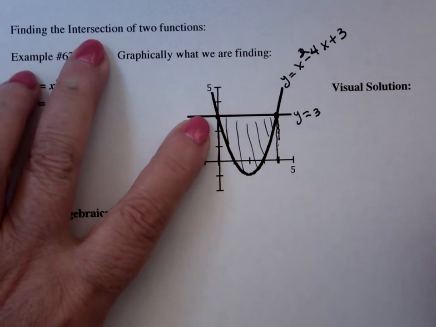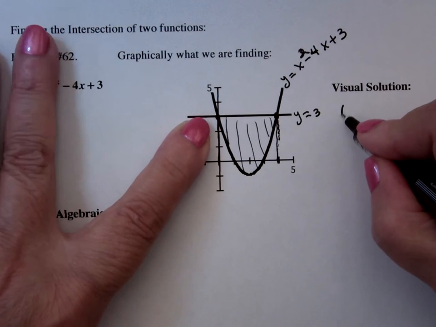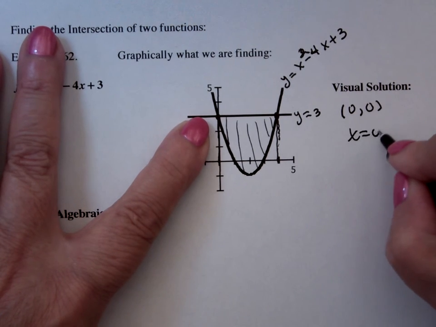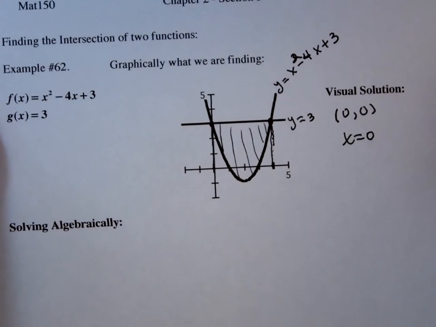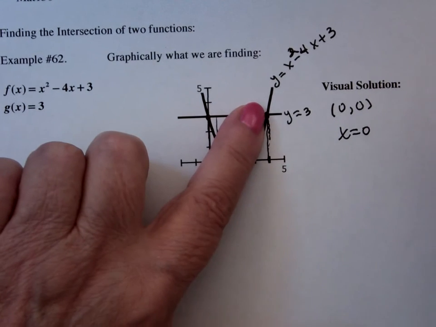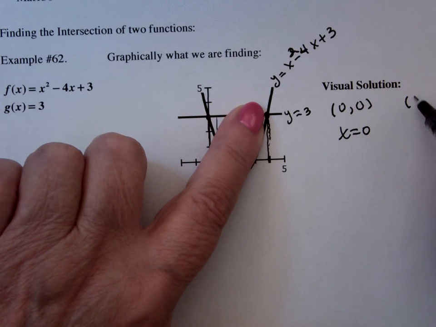From a visual solution, it looks like it is x equals 0, y equals 0, or you could just say x equals 0, depending upon what they're looking for. In this particular instance, it looks like we're just finding the x values. And the other one would be x equals 4,